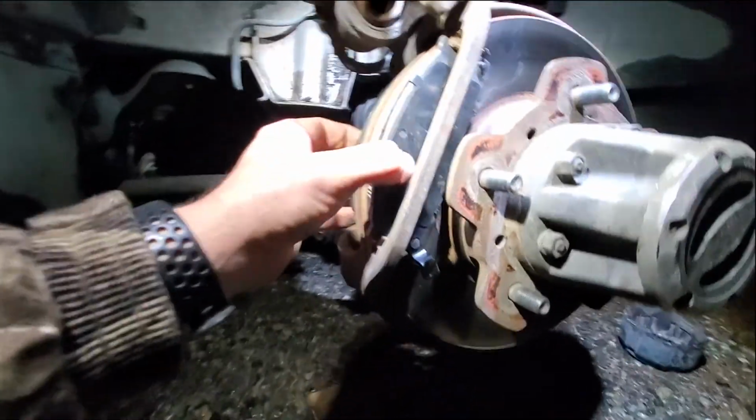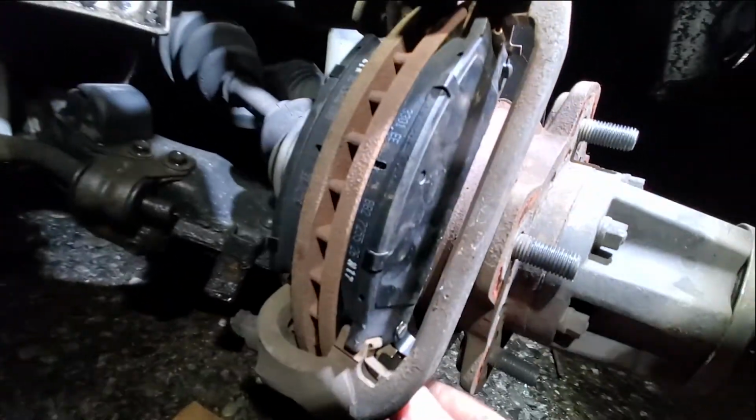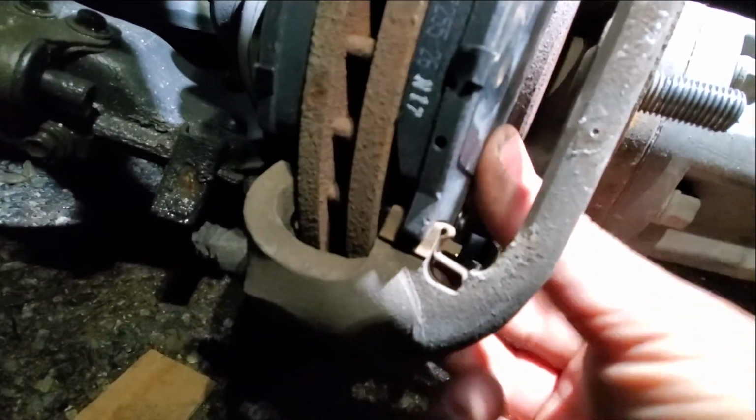There we go. Just a little bit of fiddling. These things right here, can you see this? The little tab on this side. Yeah. This one you really gotta push to the right to get it out of the way. So let's see